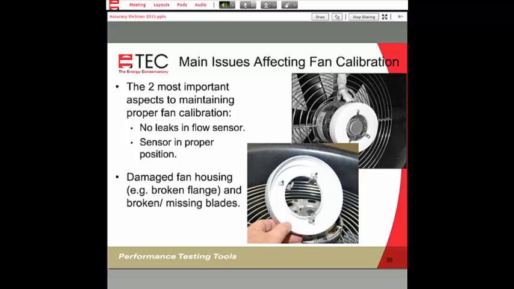The upper picture is as it is installed. So we want to take this sensor off, we want to check and look at it to see that there's no leaks in that. And then second, we want to make sure it's in the right location. Certainly you want to make sure that there's no broken flanges or broken or missing blades. That's kind of obvious.